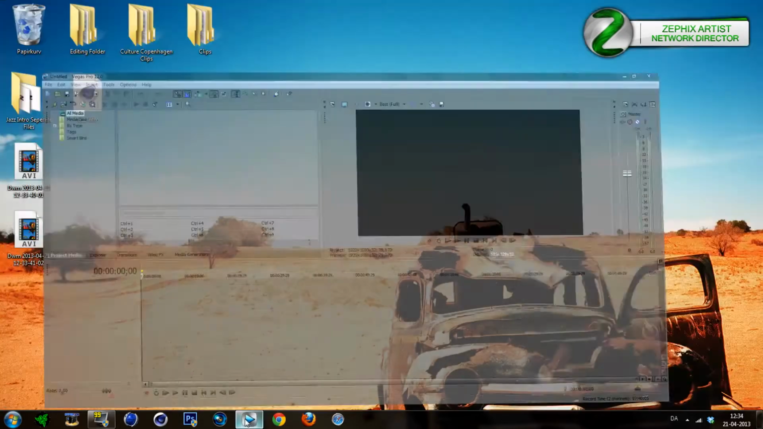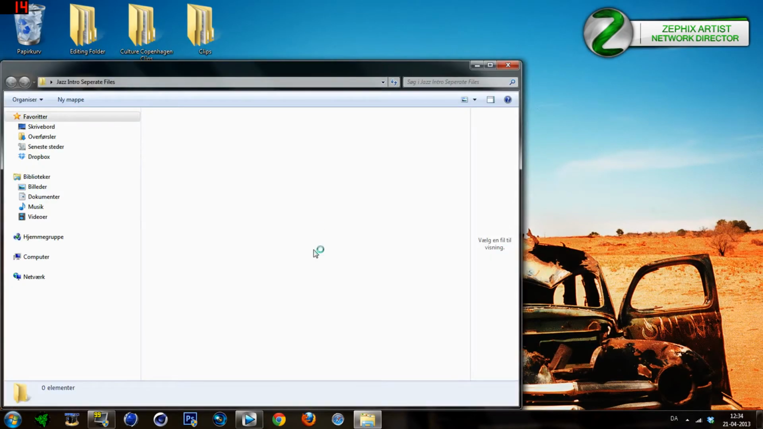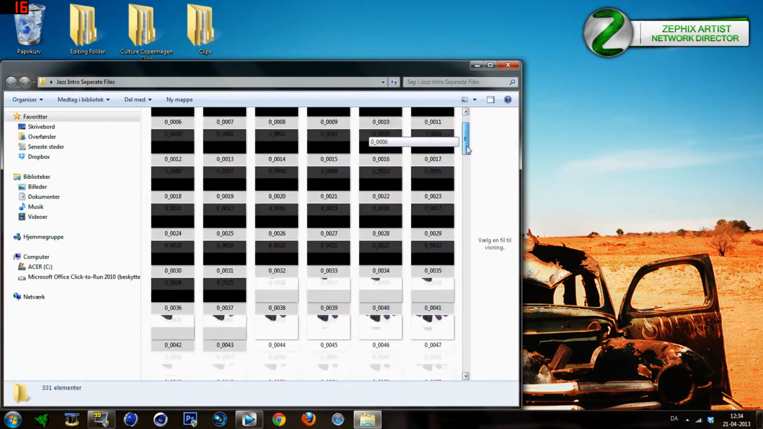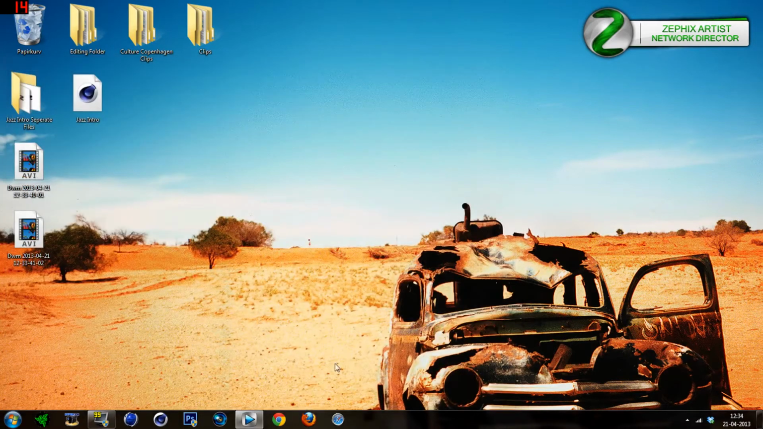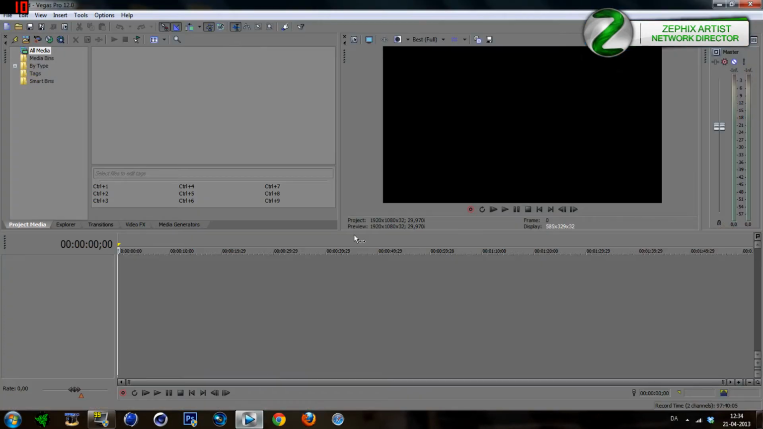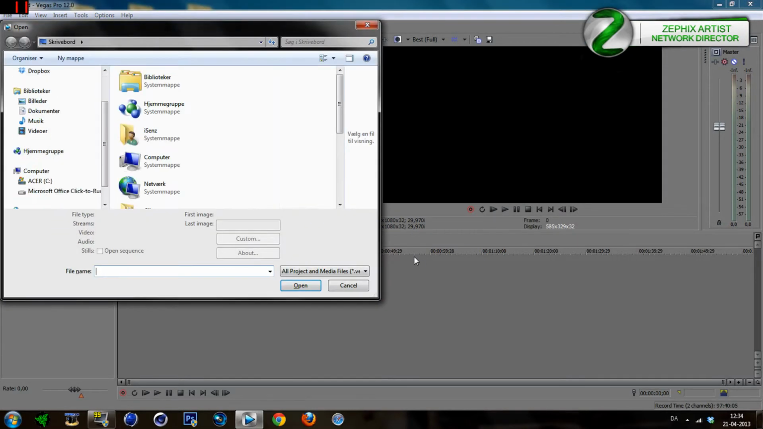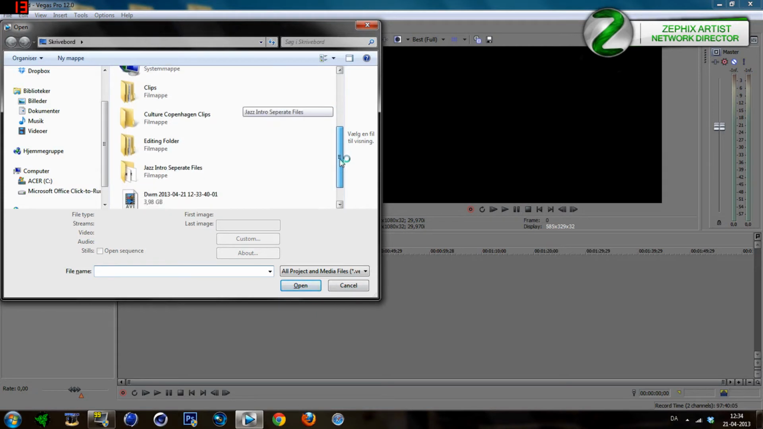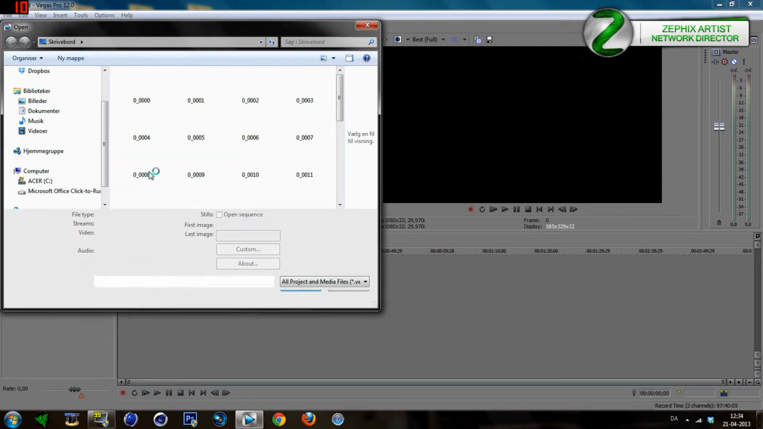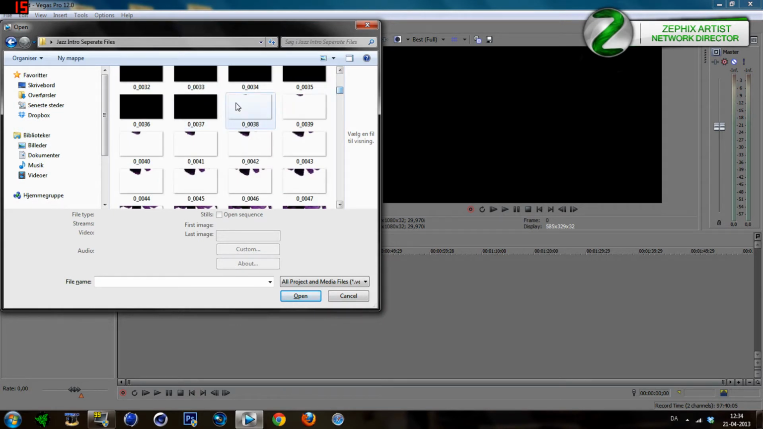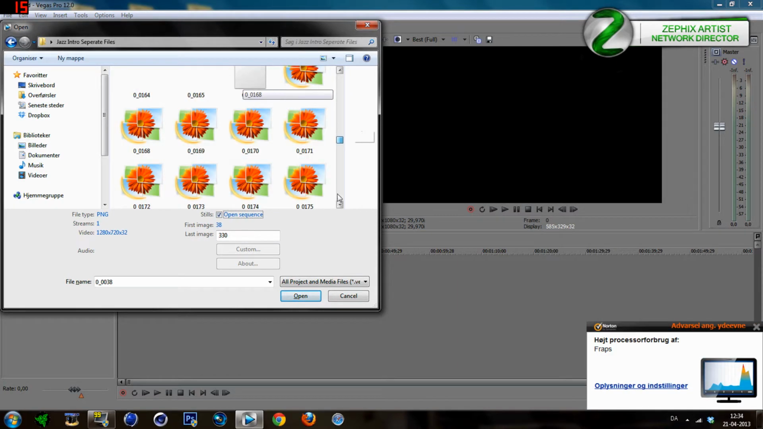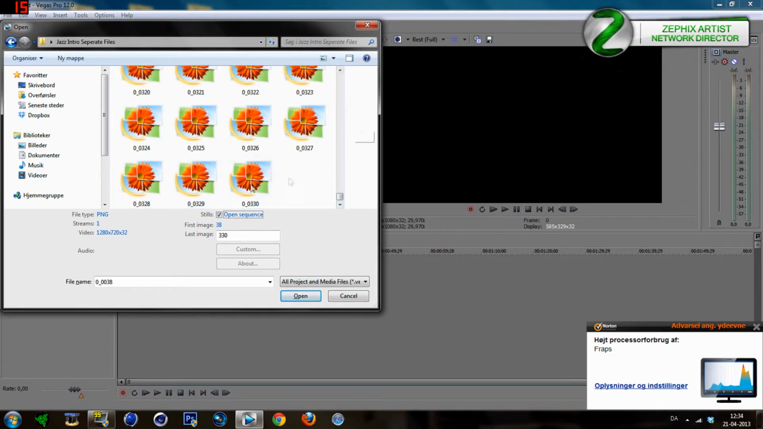So here you have all your separate PNGs all saved, and we want to make that into an intro that's actually moving. It's pretty easy in Sony Vegas. You go over here to Sony Vegas, you click Control O, then you find the folder, and then you just want to click where it starts to be transparent. So 38, you click still open sequence, you go down to the end, find out when it's stopping, when it's getting black,